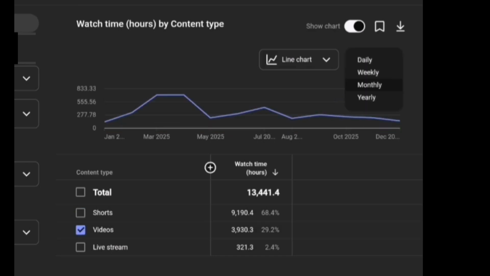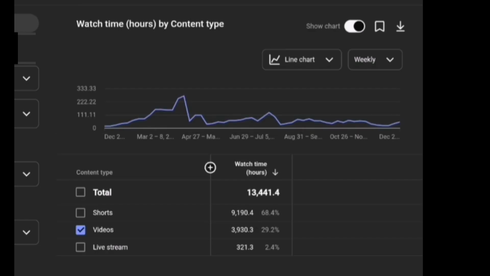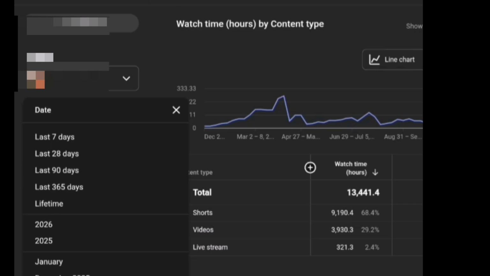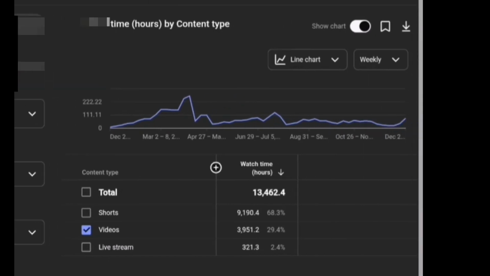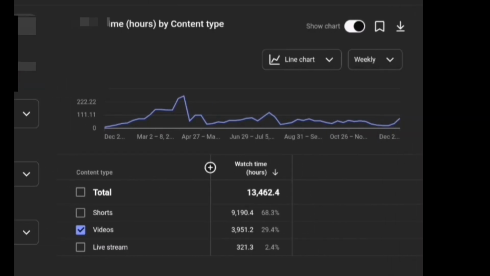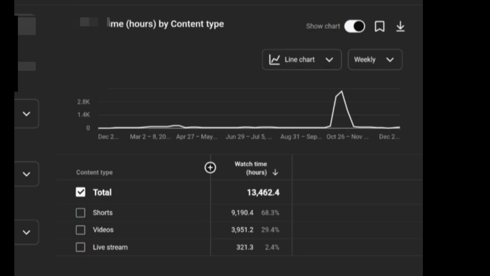So let's say I want to check it for weekly. Initially we checked monthly. So now let me click on weekly and let's see. Now these are my weekly data. From here, I can see the watch hour I gained for each week. So basically this is just how it works. Let me go back to the dates and pick last 365 days and let's see what happens. Now you will notice that our data, our figure, has also changed. Can you see? Our total watch hour here is now